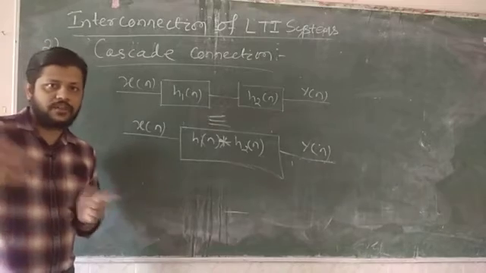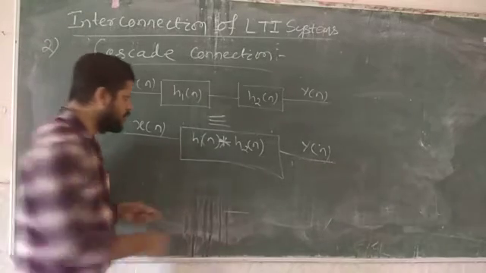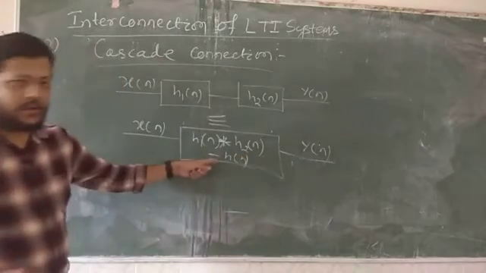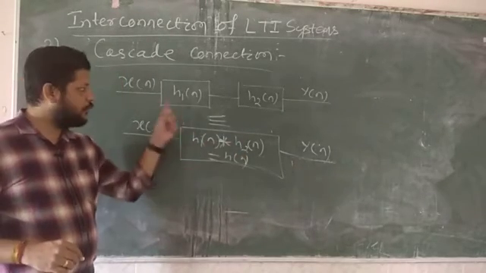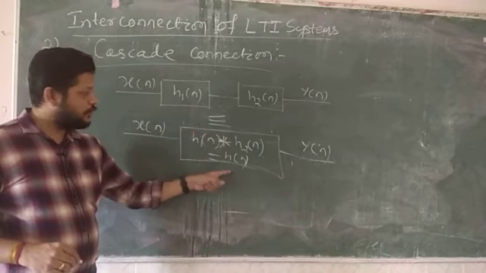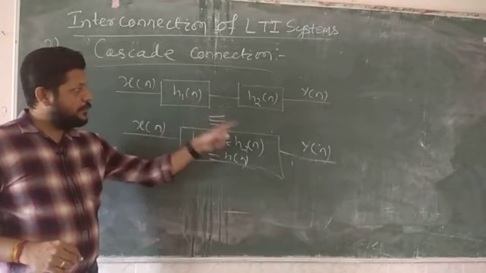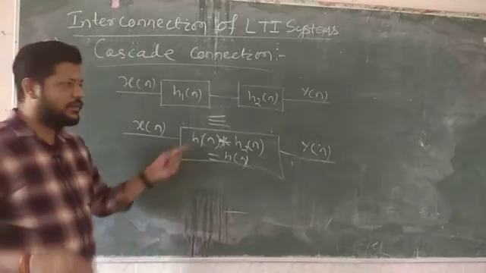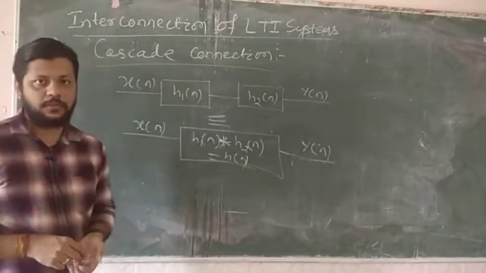So for example, if three systems are connected in cascade, then the overall system response, suppose this overall system response becomes, for example, h[n]. So the overall system response h[n] is equal to h1[n] convolved with h2[n]. So here two systems are connected in cascade, and the overall system response h[n] is equal to the convolution of these two systems. Suppose more than two systems are connected, then that must be convolved with the system response.